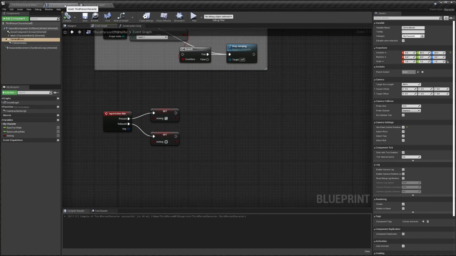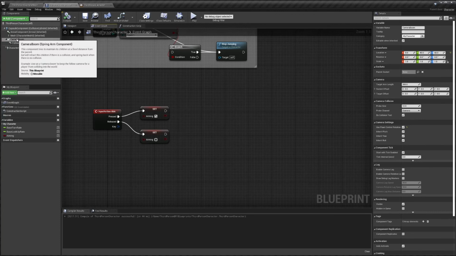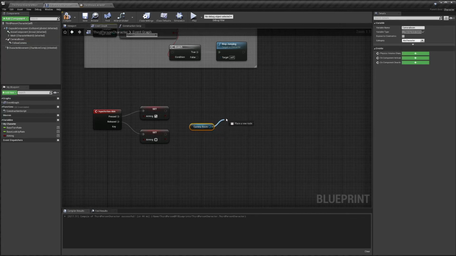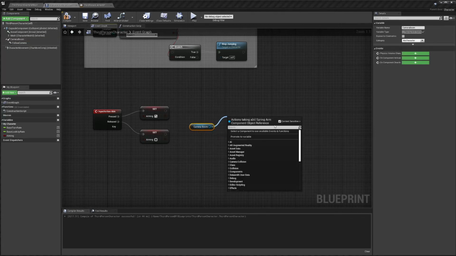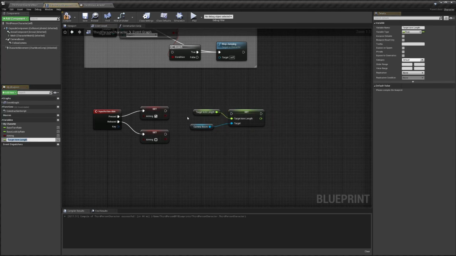And when we're in the third person character event graph, drag out of aim, grab the camera boom from the components, drag that in, and then off the node of the camera boom, type in target arm length. So we want to set the target arm length. And from here, we're going to promote a new variable, but I might rename that. So rather than target arm length, I'm going to say